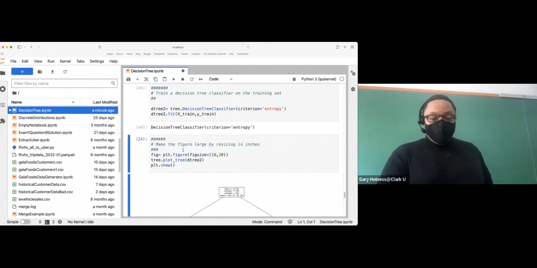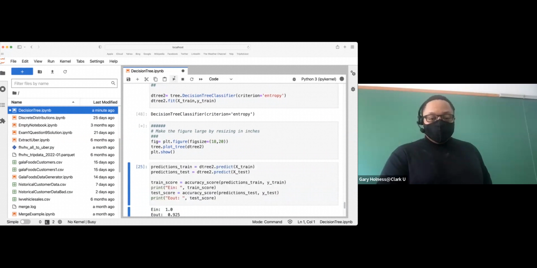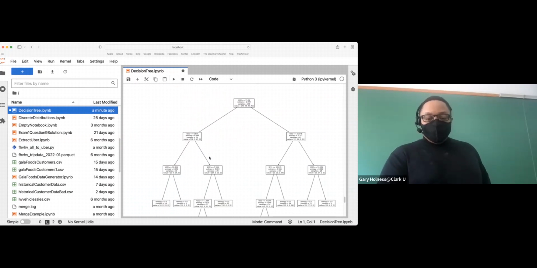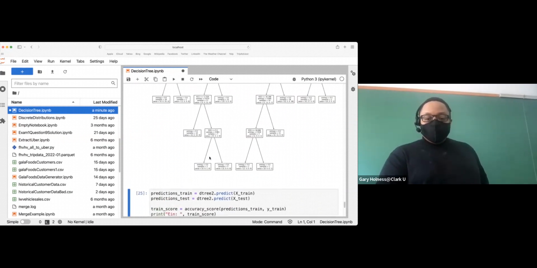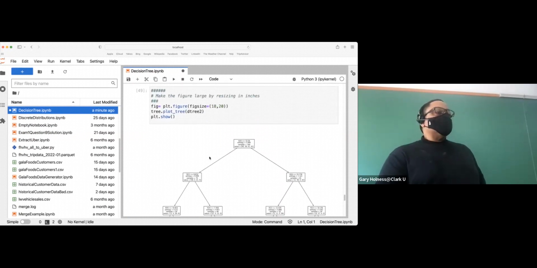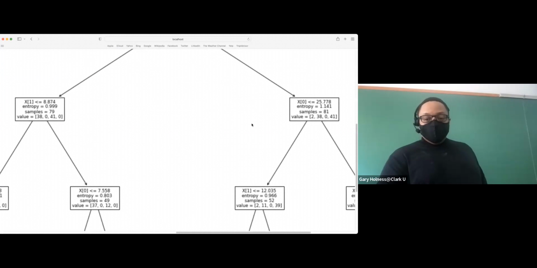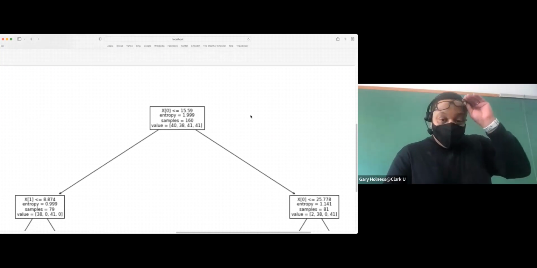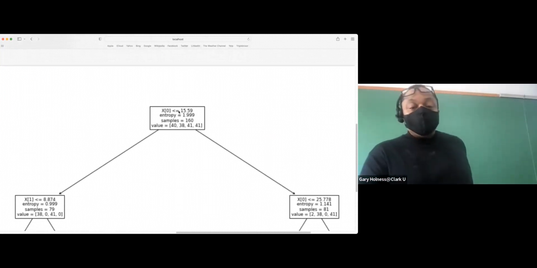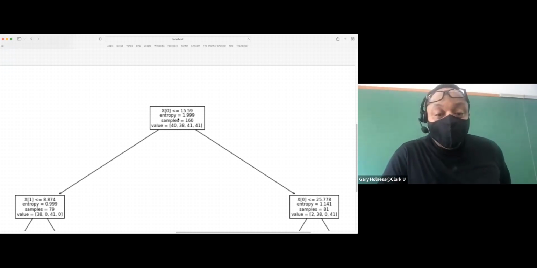So I go ahead and do that, and let's print out what the decision tree looks like. And you can see that decision tree is a lot more complex because we have more class labels. And we're partitioning the data based on different criteria because it's a 4-way grouping. And so again, I'll blow that up. We have the root of the tree, and it's telling you feature 0, which I think was years in residence, less than 15.59.